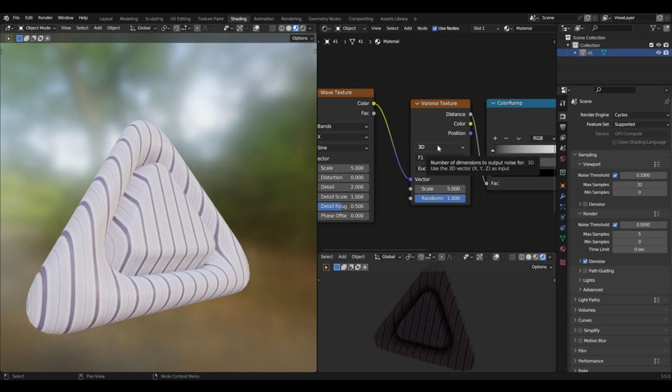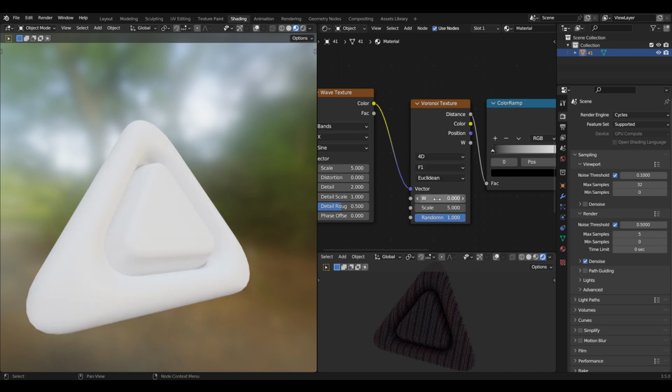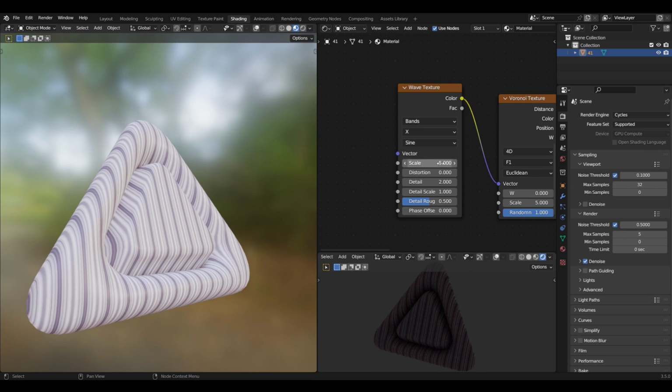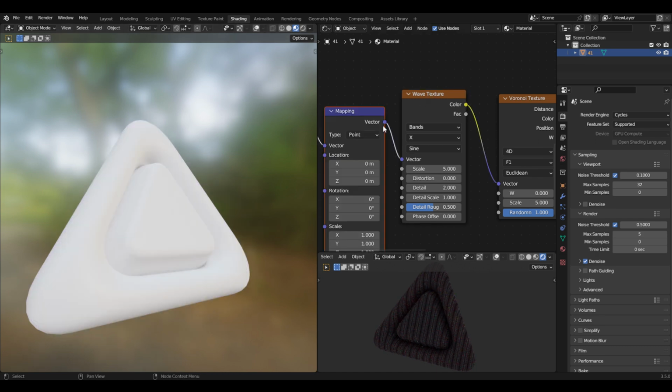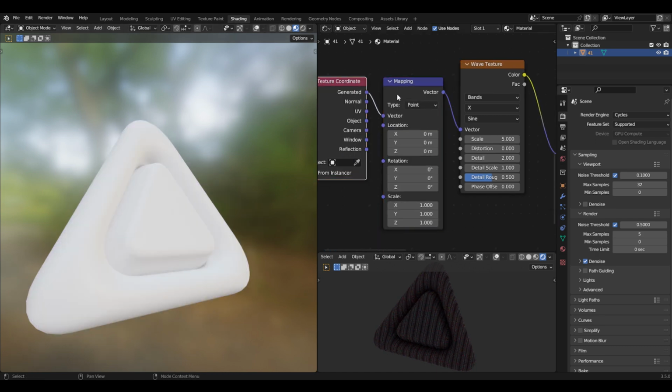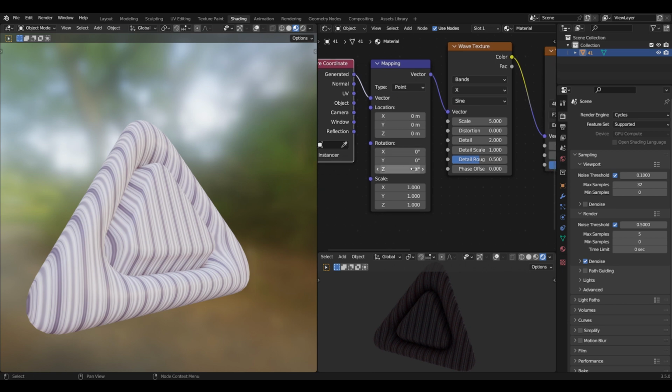I'll change this from 3D to 4D, so we can change over here, and I'll start changing the wave texture. But one last thing, if you come here to preferences and then add-ons and come onto node, you check this box, and then now if you press Ctrl T, it will appear mapping and the texture coordinate,